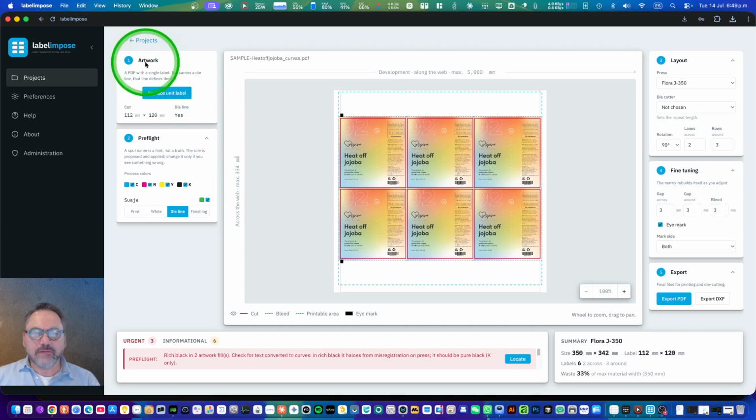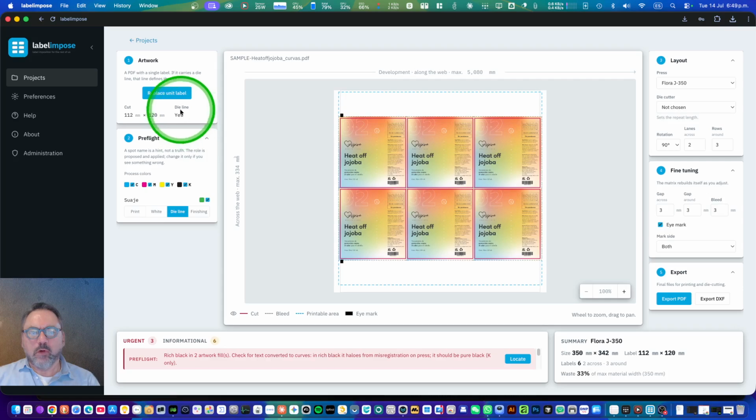Our software is planned as a 5-step process. We start by uploading the file, and the tool starts giving us some information. In this case, it says that the label is 112 millimeters by 120 millimeters, and it does have a die line. This is very important.